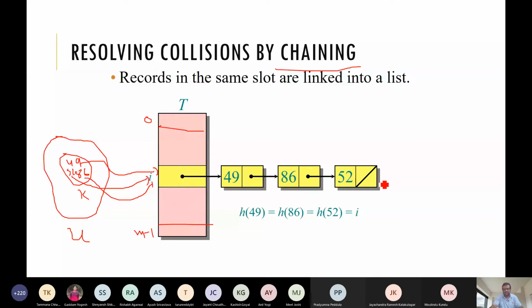So we have a list here. This is called the chaining method. We cannot avoid the collision. There will be collision, but how to handle the collision? This is one of the methods, which is called chaining. Now, can you think of insert, delete and search operations in this?